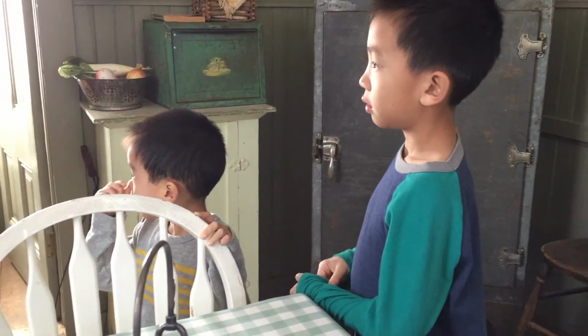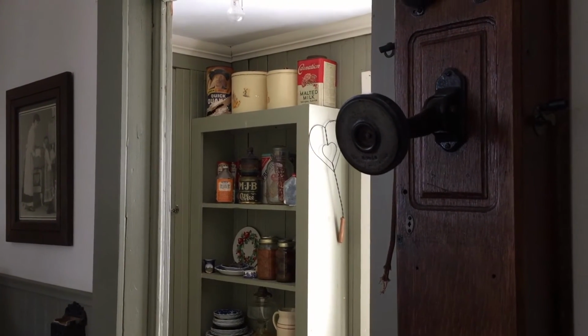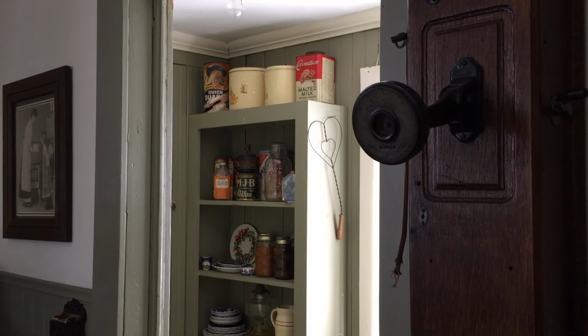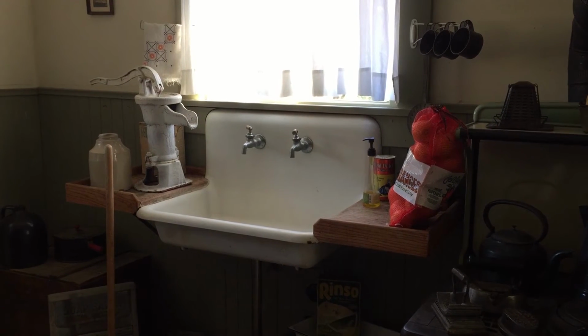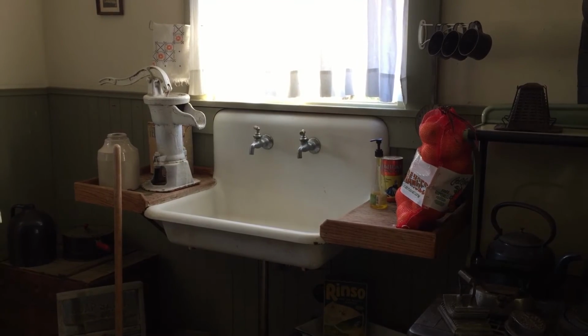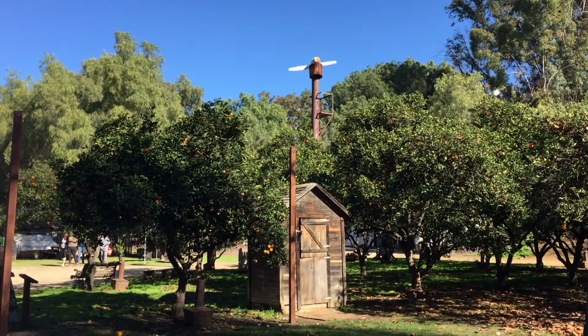So how many of the family live? And after they had moved out of this house, they had built another house on the same property, which was six blocks northeast of here on Emerald Avenue. They had all the ranch hands upstairs. So the house kind of changed hands and did many things. But the last family that lived in this house was...